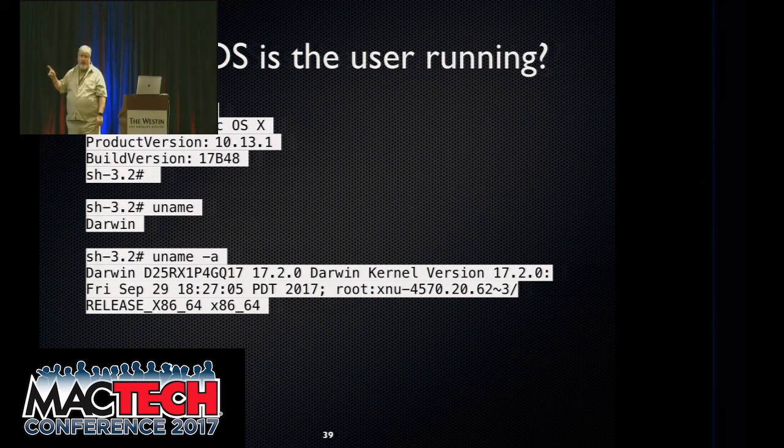If I do uname, all right, uname is a command that tells me a little bit more information also about the hardware. So if I did uname, it tells me the name of the operating system. In this case, it's the open source Darwin. But if I put a flag on it, you notice it says Darwin. Notice that computer is a different name than I showed earlier. It's telling me a bunch of information that I can go through, including